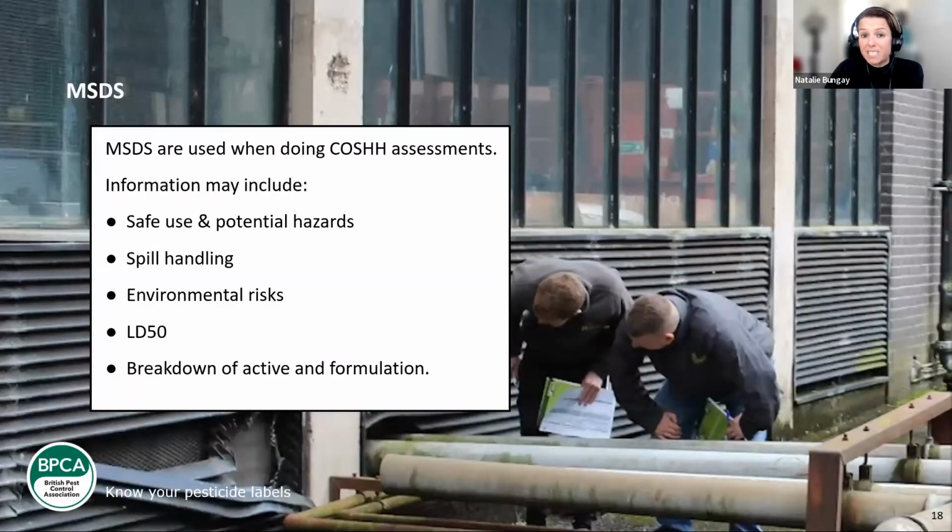So safe use and potential hazards. So the label and the safety data sheets do actually merge sometimes. You can get similar information, but the safety data sheet will give more chemical information and specific cleanup requirements if it was to spill in any way, and also first aid measures. So it'll give you more detail on specific areas relating to that chemical compound. But as I said, it gives you safe use and potential hazards, spill handling. So again, what you need to have in place to be able to clean it up